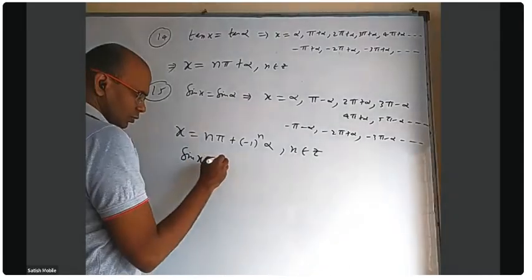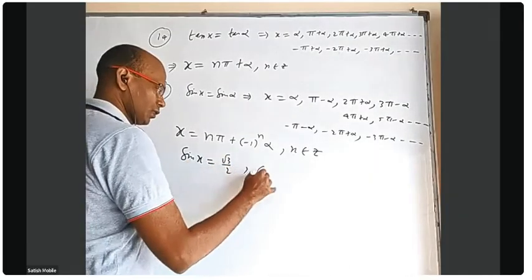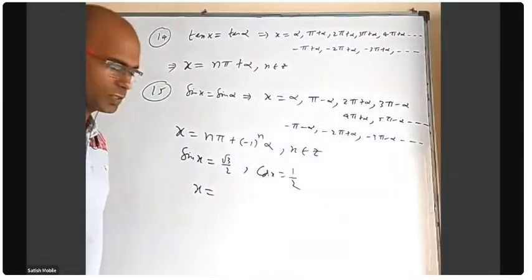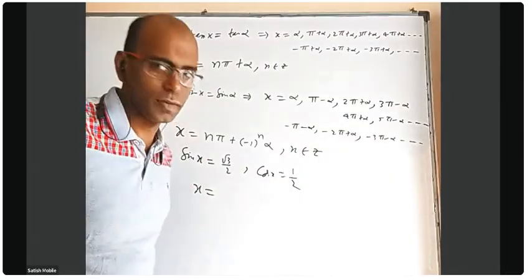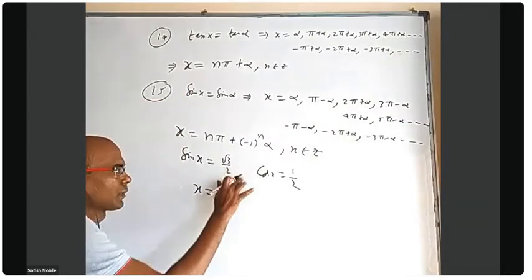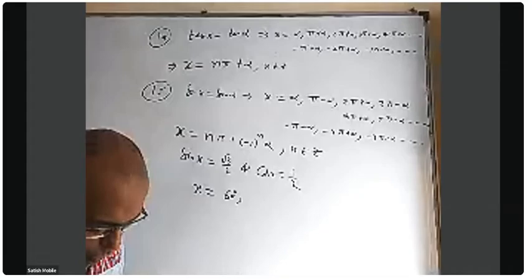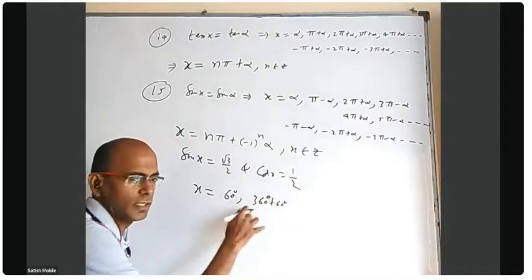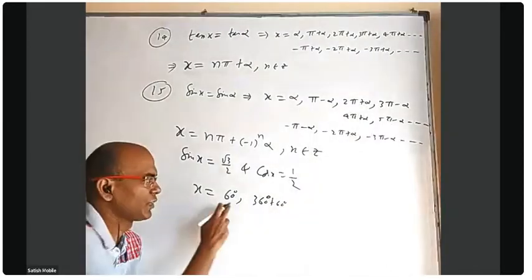Sin x is equal to root 3 by 2, cos x equal to 1 by 2. Tell me in degrees, what is the smallest positive angle satisfying both equations? 60 degrees. What is the next positive angle which will satisfy both? 2 pi plus 60. Are you sure you don't get anything before 360 plus 60 between these two? No, sir. Yes, you are right.